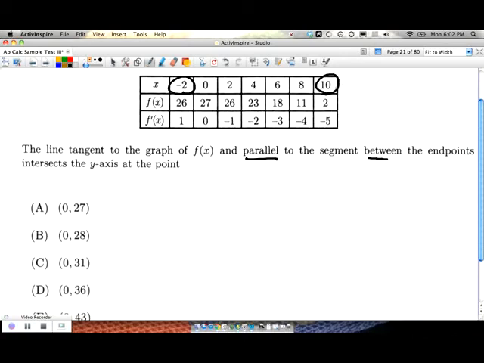So what's the slope between those two endpoints? Well, the slope between any two points, if we were to look at these kind of pairs here, is going to be, this is the average slope, by the way, because it's from the beginning to the end. So the average slope is equal to the difference in the y's over the difference in the x's